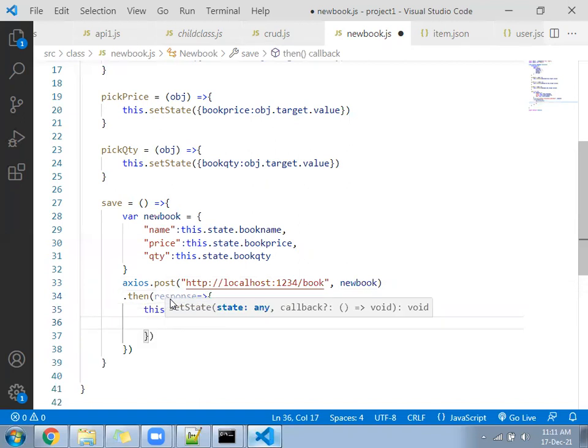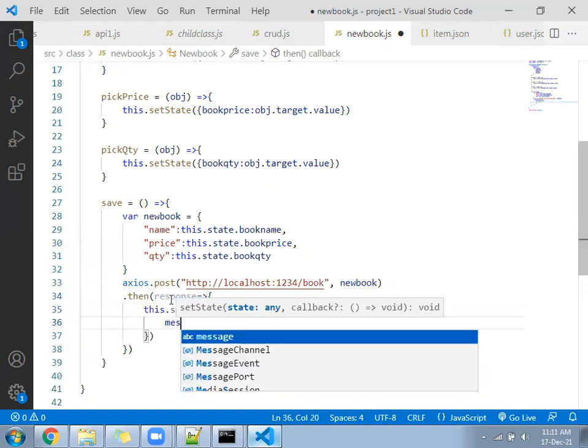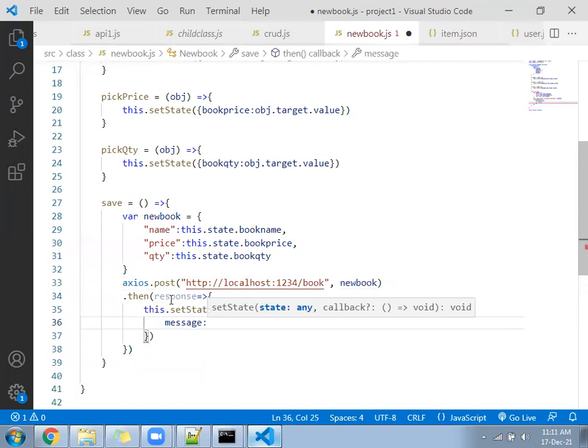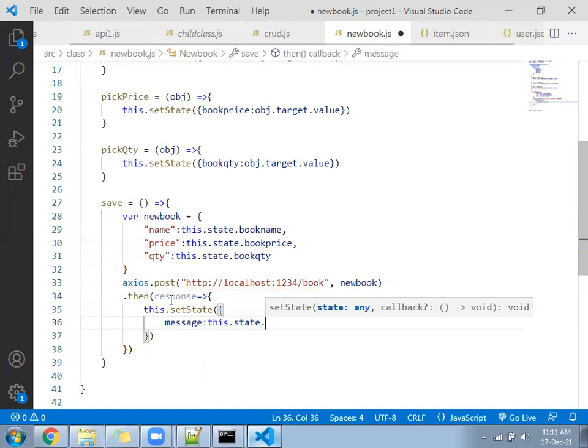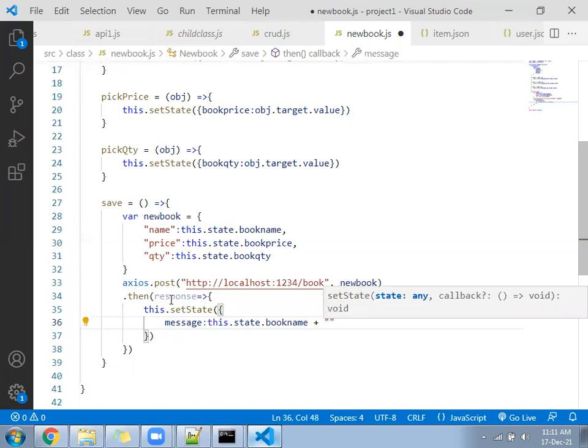Inside you have created a message variable: message colon this dot state dot book name plus added successfully.